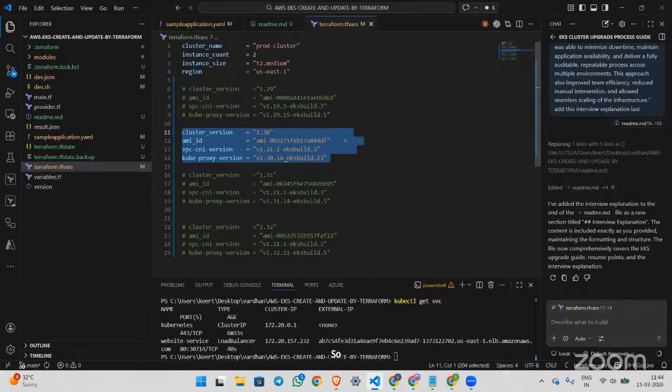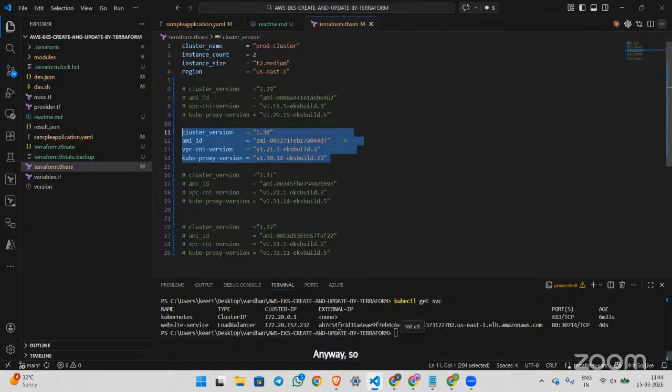Meanwhile, I can do one thing also. I will create a cluster from my end too. The backend is a very good question, but the state file is in his local only. If the state is in a remote backend, we can do that. Anyway, he is doing the changes to 1.30 now. Okay, you can perform. Meanwhile, I'll create a cluster at my end quickly.